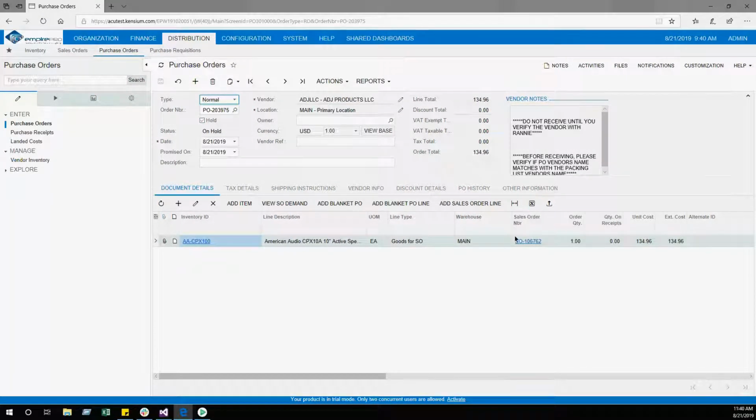If you see the line item in the purchase order, it is linked to the sales order, showing the sales order number here, and then the quantity that has come from the sales order. So the thing that changed now is modifying the linked sales order line with the PO order. If you want to go back to the sales order,